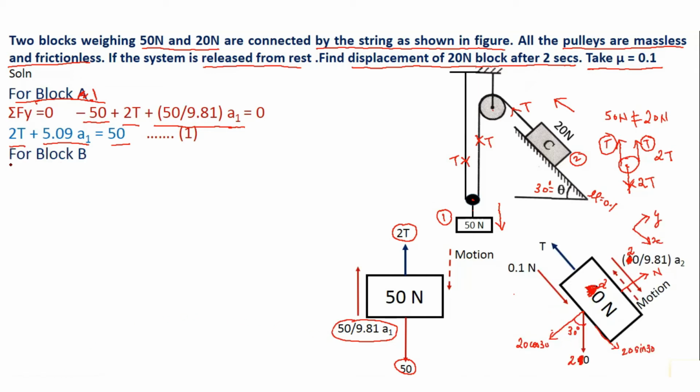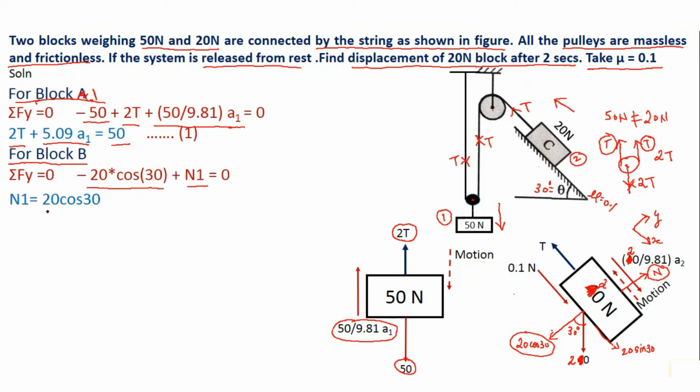Proceeding further with conditions of equilibrium for block B, for summation of y I have 20 cos 30 and n1. So I will write minus 20 cos 30 plus n1 is equal to 0, and I will get the value of n1 as 20 cos 30. The next step is to